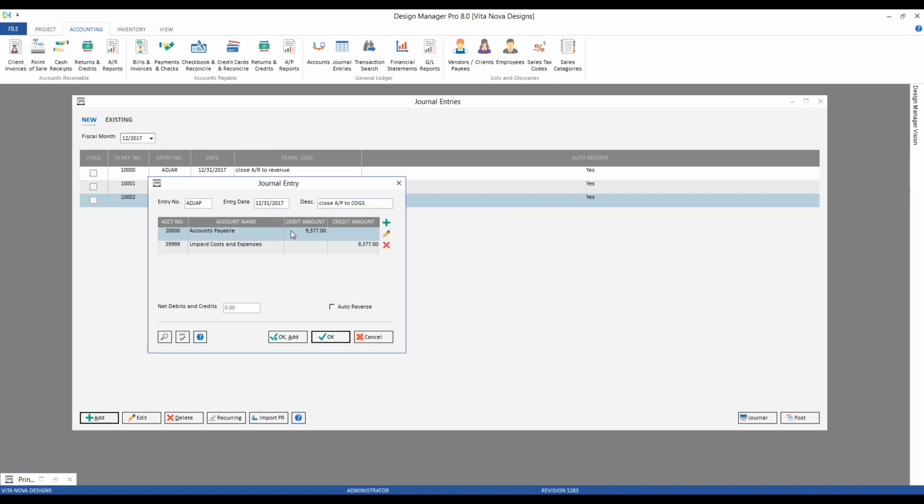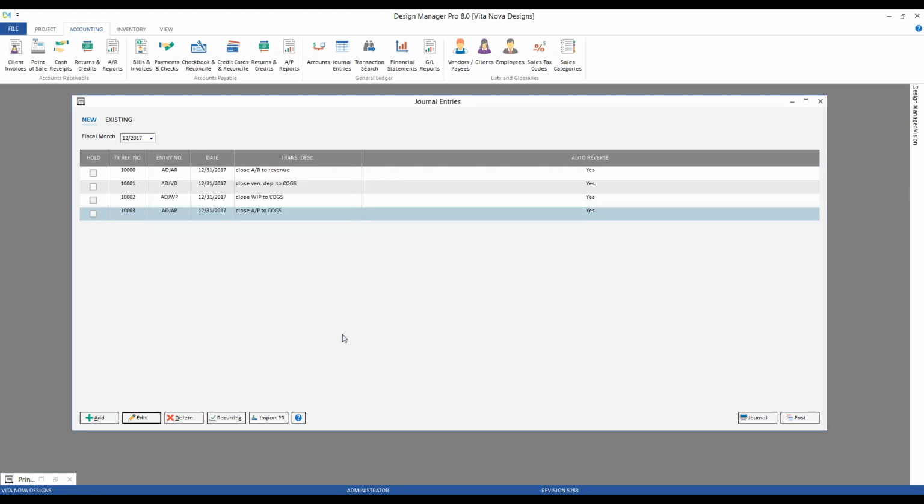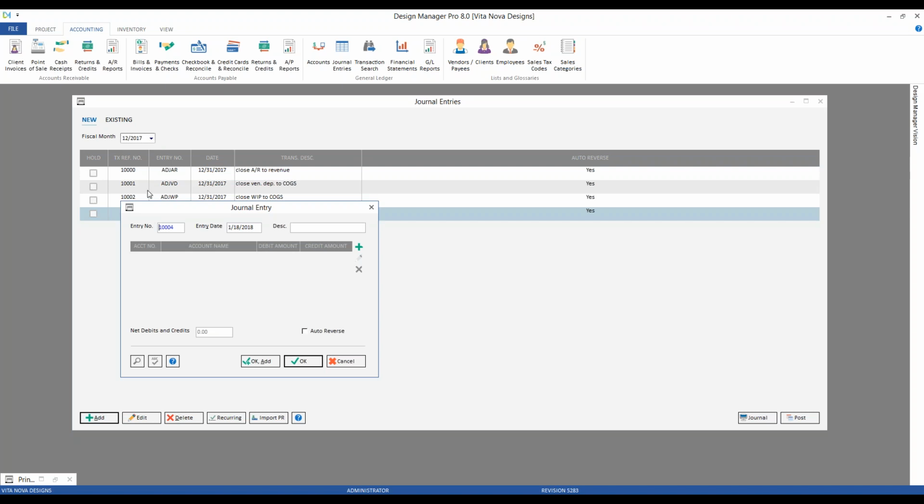Click OK, and we can see us reducing our accounts payable by debiting and reducing our cost of goods sold by crediting the unpaid costs account. Auto reverse, and we're almost done. And we'll do our final, which is now going to be for our client deposit account. Again, that's a liability account, ADJCD, end of the year, close client dep to revenue,